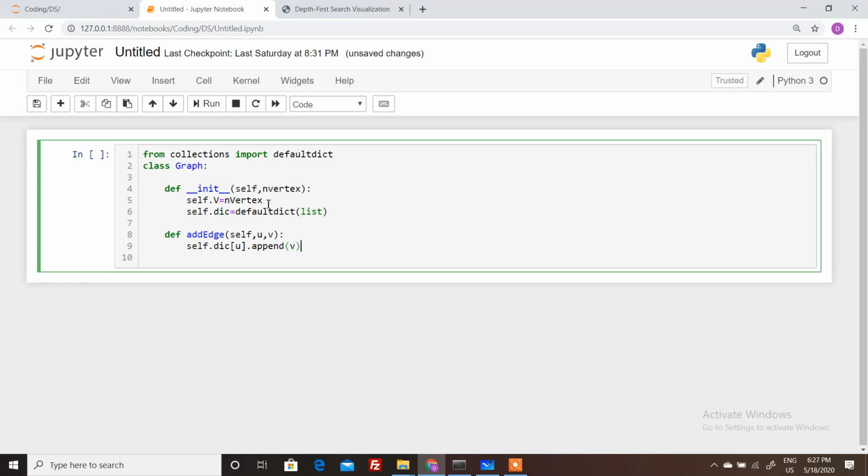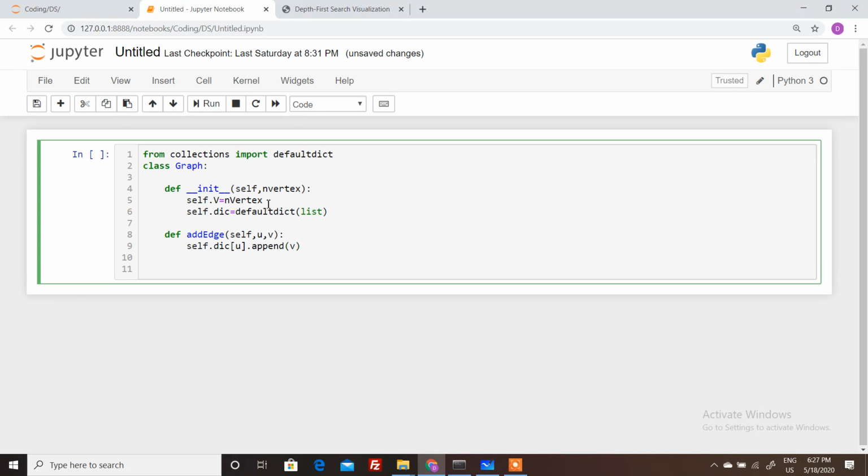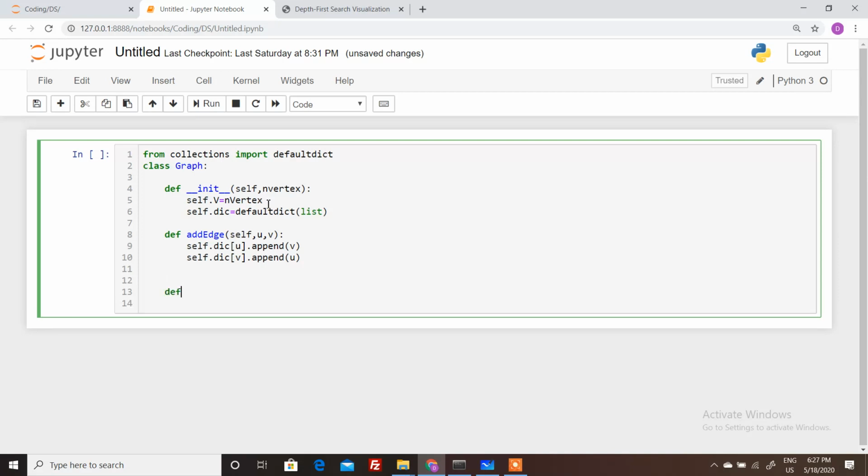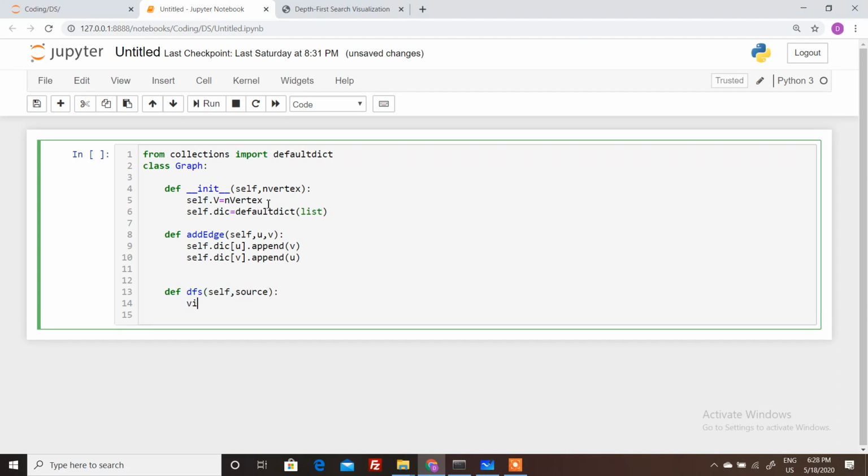You should try to write this code for a directed graph and see what the result is. Now define the DFS part. For DFS we need the source node, and now let's create a visited array, which will tell which vertex has been visited.